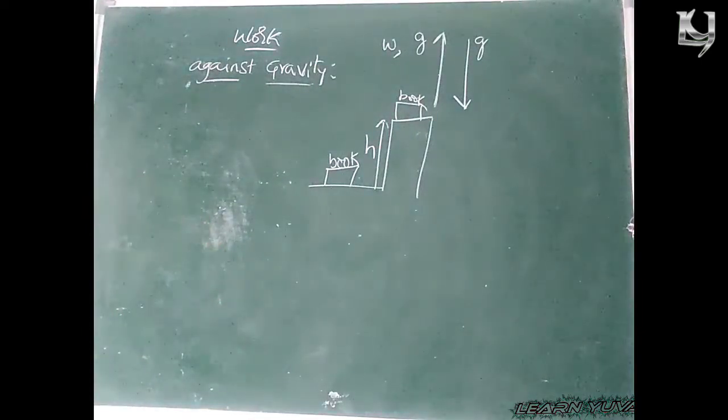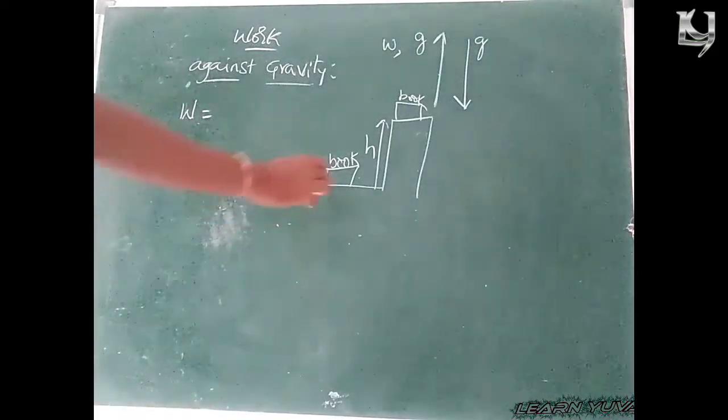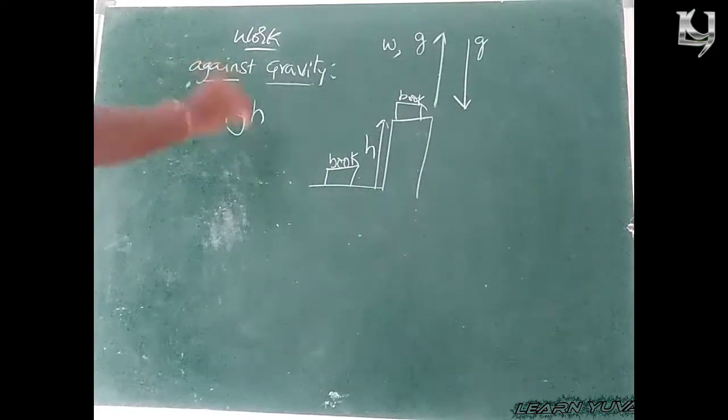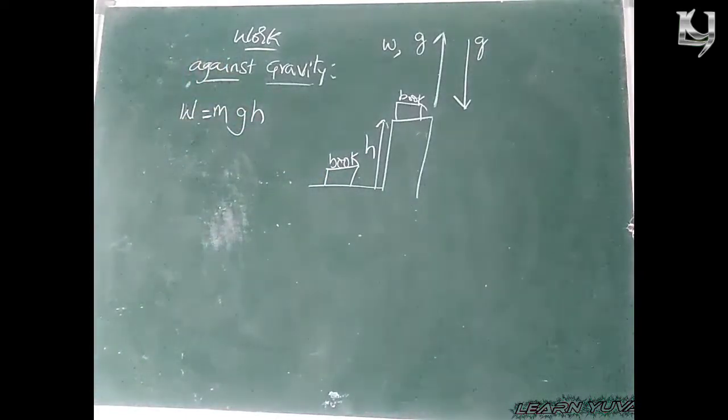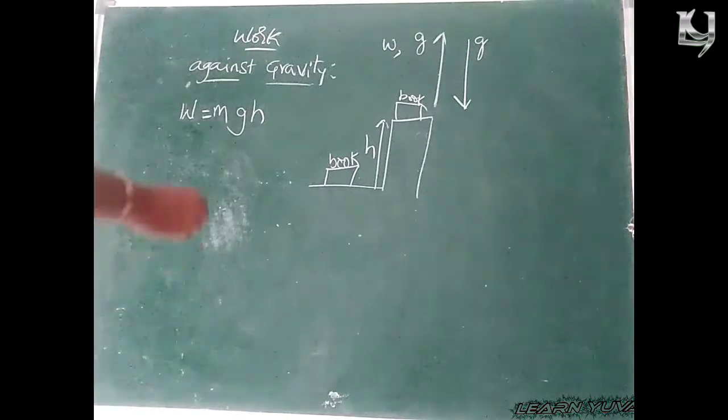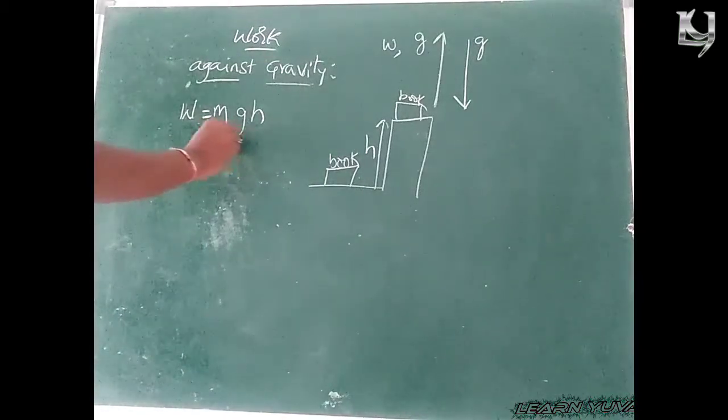So in this case, the work done is equal to the formula: mass of the body m, acceleration due to gravity g, and height h, which we place here as m g h. Where W is the work done in lifting that book, it is equal to the mass of the body into acceleration due to gravity into the height of the distance, and also that mg is nothing but weight